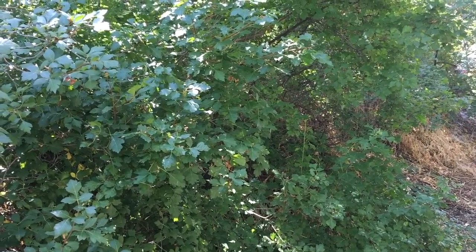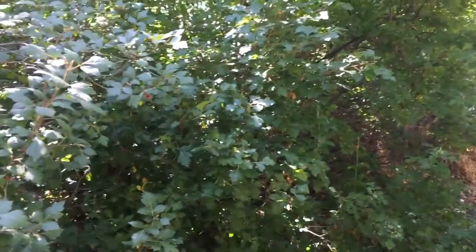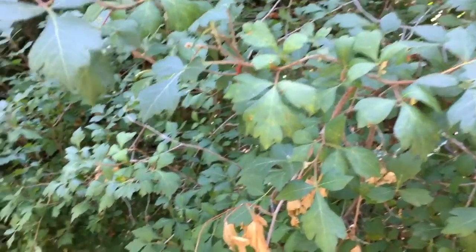I'm here in American Fork, along the river. This is one of the spots I love. Let's come along here. This is a native plant. This is squaw bush or skunk bush. It's a native sumac. If you look in here,